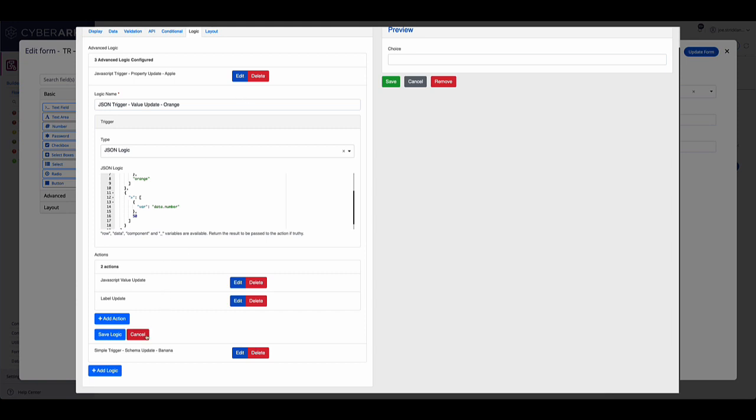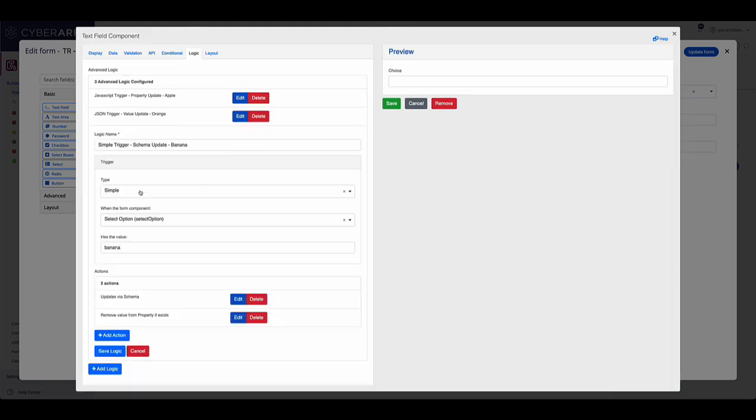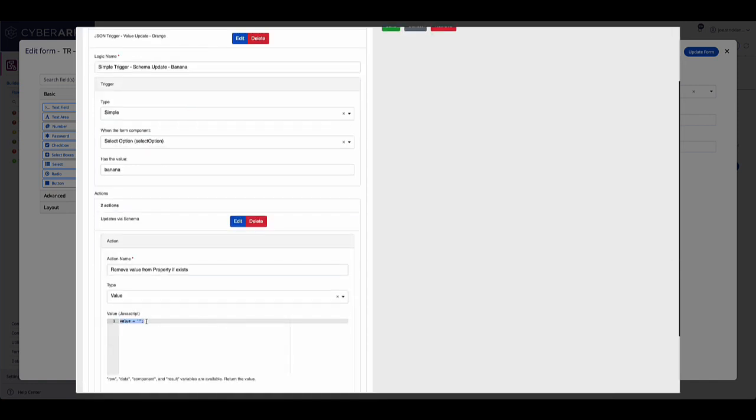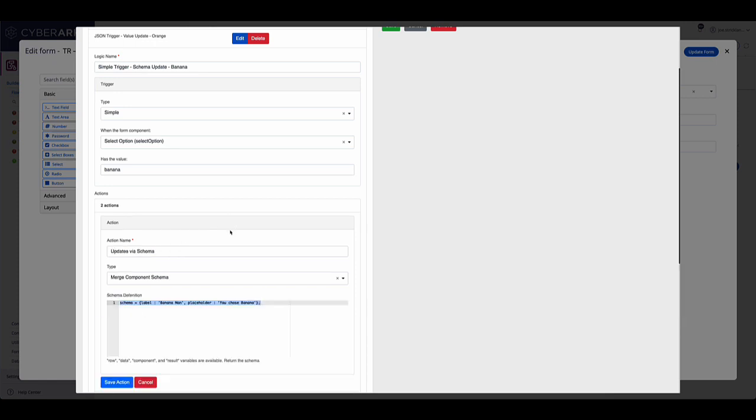Now, the last one we'll look at is just a simple trigger. In this case, we already looked at simple triggers in the last example, but the difference is we will be updating this via a schema, and we're also going to remove a value from the property field if it already exists. So this is new. And I'll explain why once we do the form, but basically all it does is set the value back to empty, okay? Now, the first one where we're updating via schema is basically we're going to go in and update